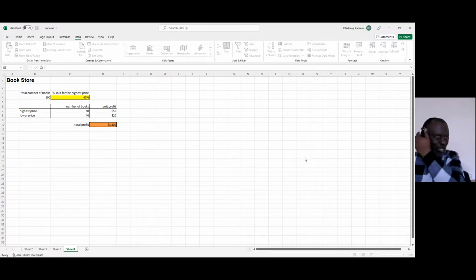Now, we use solver when you have limited resources or you want to make a decision out of several possibilities, but there are constraints. When there are constraints, we talk about